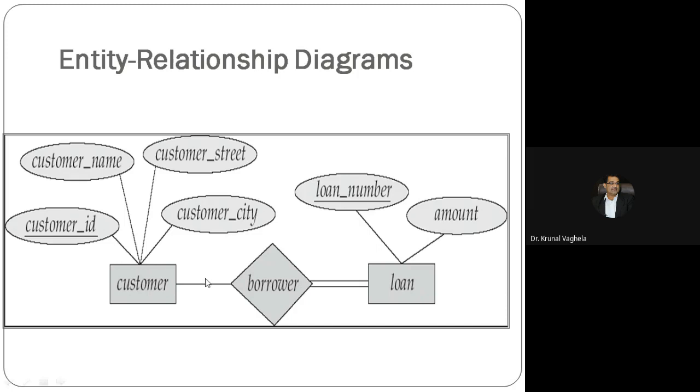But this is partial. What does it mean? It is possible that a customer may not have a loan. He may have completed it, but the bank is just maintaining the database of customers. So it is not necessary that every customer should have a loan, but it is compulsory that each loan should have at least one customer. Without a customer, a loan, otherwise the bank will be